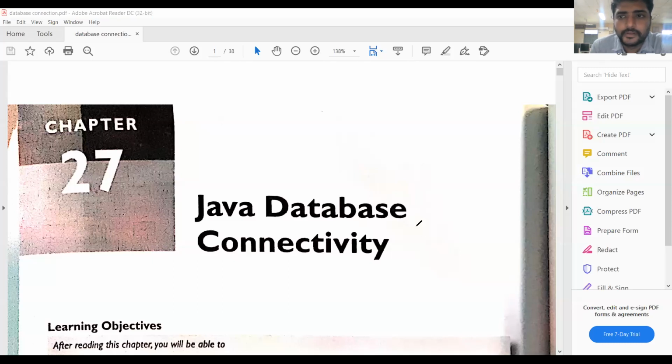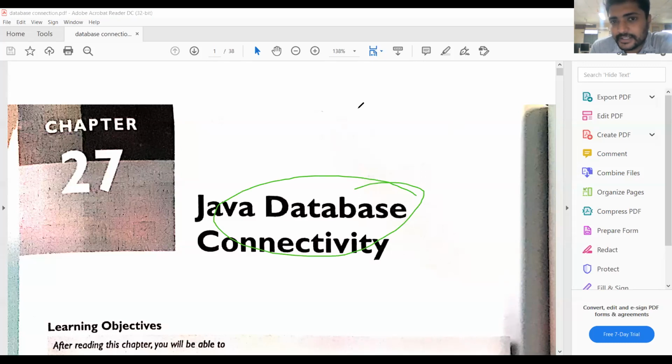Good morning. In the previous sessions, we discussed database connectivity. I gave some introduction to it. That means we are going to connect to the database directly through our Java application. In order to achieve this scenario, we need a JDBC API.